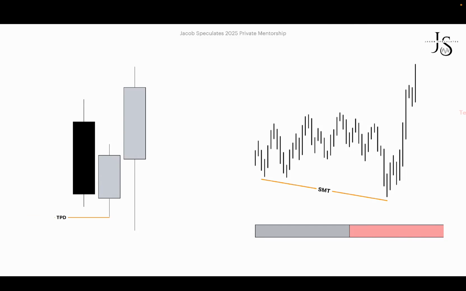And now looking at the diagram, we can see on the left, if those candles were daily candles, and that candle in the middle, which would be candle 2, formed a TPD, then on the weekly cycle, you would look for that SMT to confirm that TPD. So SMTs confirm TPDs, but TPDs also confirm SMTs, and it's all dependent on the time frame alignment that you